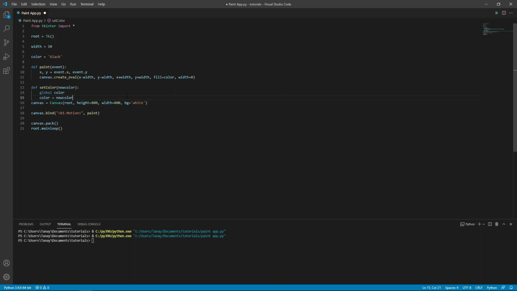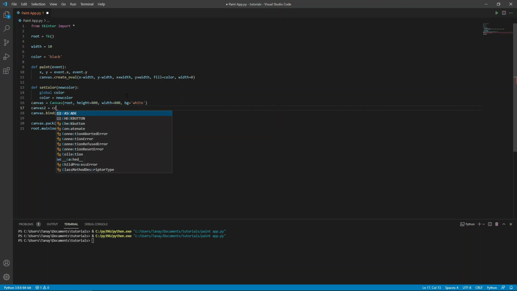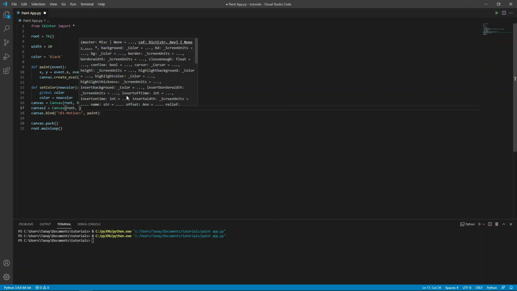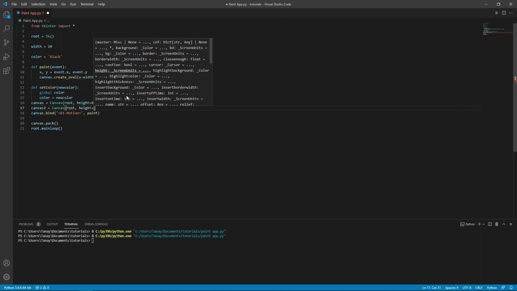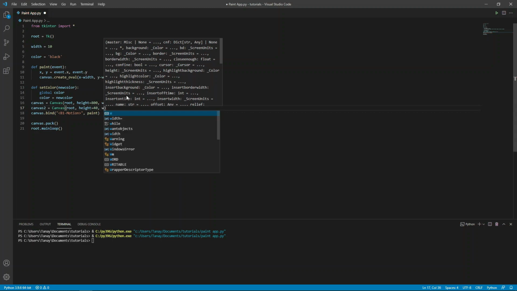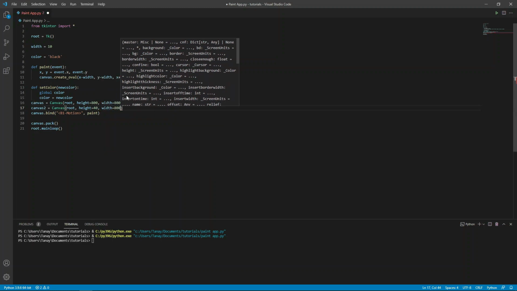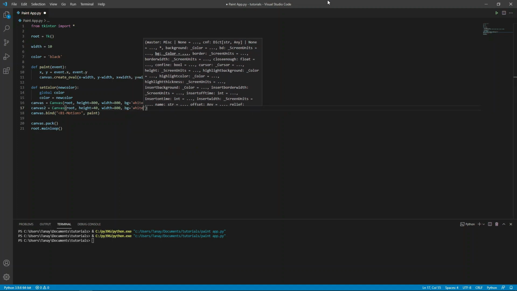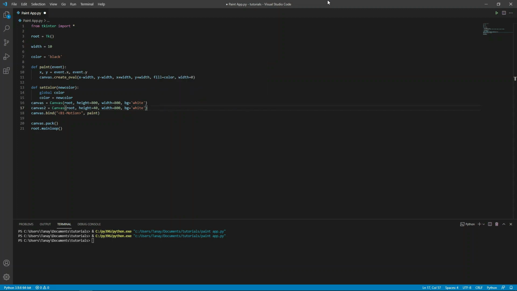Now we will make a new canvas and its name will be canvas2 equals to Canvas root, height equals to 40 and width equals to 800 and bg equals to white. And canvas dot pack.